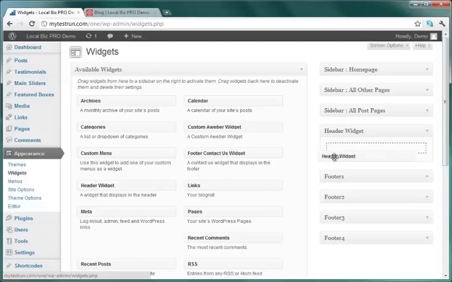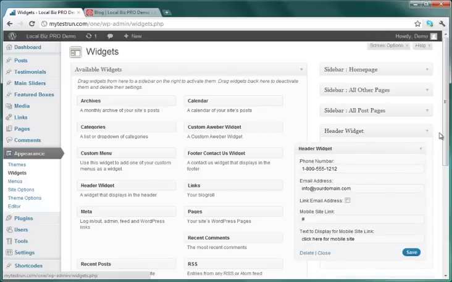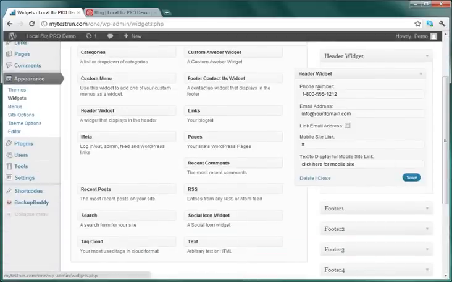If you just drag the header widget over into the header widget area, you'll see that you can very quickly update the phone number, the email address. You can choose to link the email address such that it will immediately open your client's email program if you'd like. And whatever the URL is to your mobile-friendly website's homepage, you simply put that link there, and then you can change this text to display what you want linked. So right now by default it says click here for mobile site, but if you want it to say go mobile or visit our mobile site or anything you'd like, you can link this text